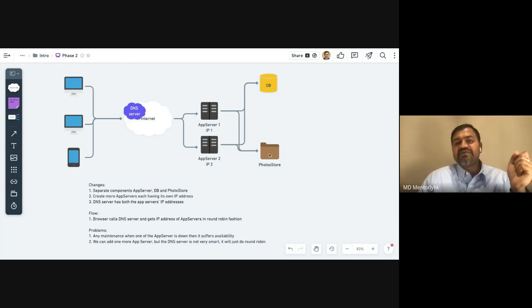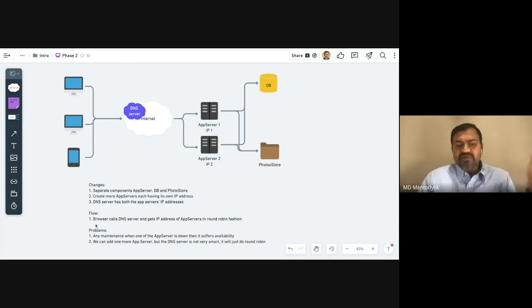The reason why you split database and photo store: we could have said one database where there is a blob column where we can store photos. That is possible, but if you think about it, it's not the best way to store your photos in a database, because whenever you load one row, you load the entire row itself, right? Along with the multiple columns, this heavy blob column will also get loaded up. Not the ideal scenario, because many times you may not need the photo for login or authentication or any other metadata call, right? So best is to separate based on the access pattern. So you can have a photo store. So that's the reason, right?